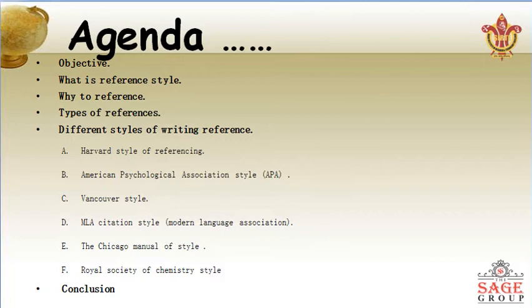In this, what is your objective, what is a reference style, why to reference, types of references, and various styles which are used in the world for writing references, like the Harvard style, the APA, the Vancouver style, the MLA citation style, the Chicago Manual of Style, and the Royal Society of Chemistry style. We'll go through all these styles which are used in the world for referencing,